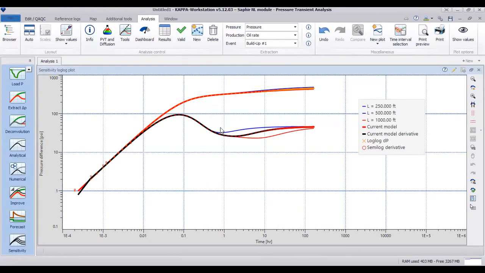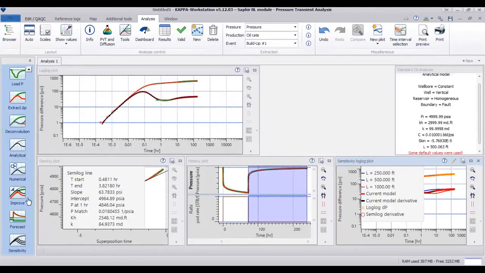It's just an apparent stabilization period because the true stabilization period is masked by the response from the fault. And then we have our second scenario where we have our fault located at 500, the same as our model. And for L equal to 1000 feet, we will have longer stabilization and then the deviation to the second stabilization. All right,